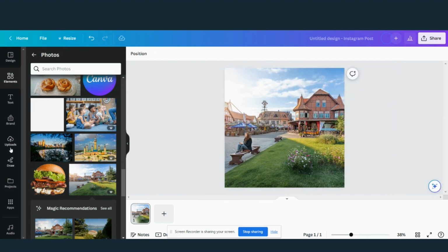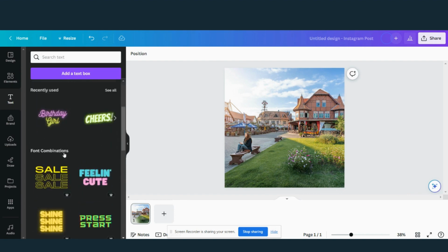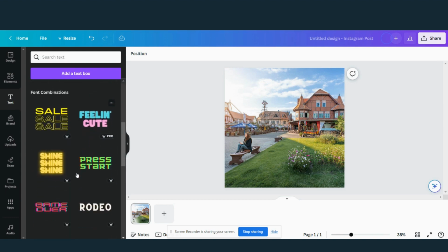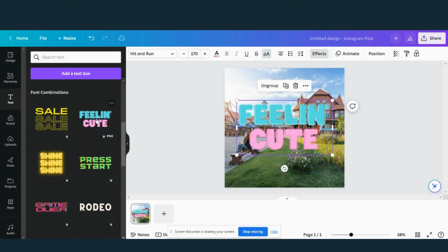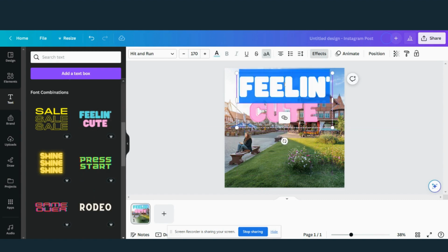So then what we can do is, with our newly in-painted photograph, if you're aware of what goes on in Canva, you know, you can choose the text here, or you can choose these presets. So like we'll choose that one, pop that in there, and we could do something like